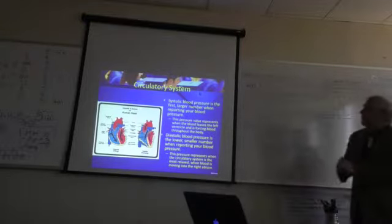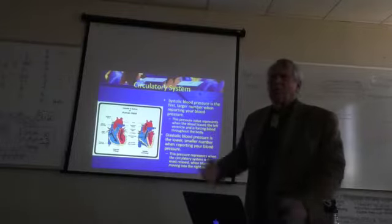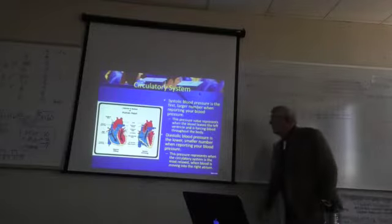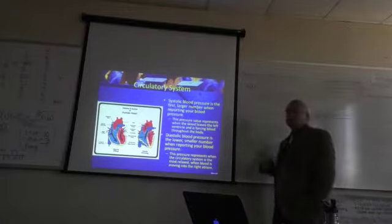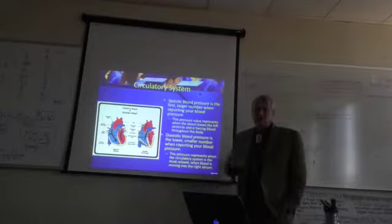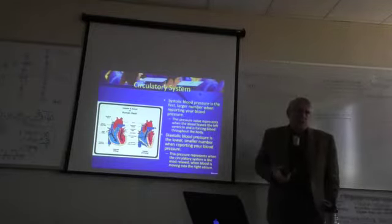Systolic blood pressure is the first, larger number when reporting your blood pressure. So if I took my blood pressure right now, it would probably be in the 150 to 160 range. Well, the 150, 160 is my systolic blood pressure. This pressure value represents when the blood leaves the left ventricle and is forcing blood throughout the body. It is the strongest pressure that your body is feeling. So your systolic blood pressure is a relatively high number, and it always has to be higher than the diastolic, because the diastolic is the weakest pressure that your